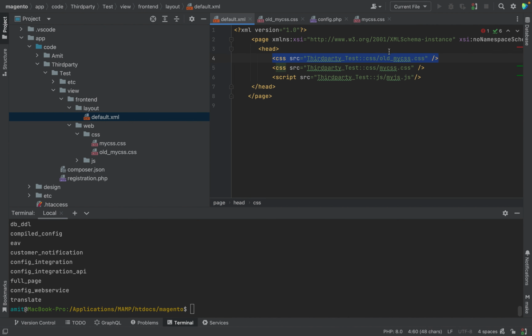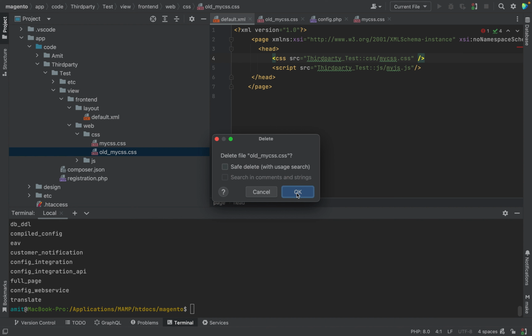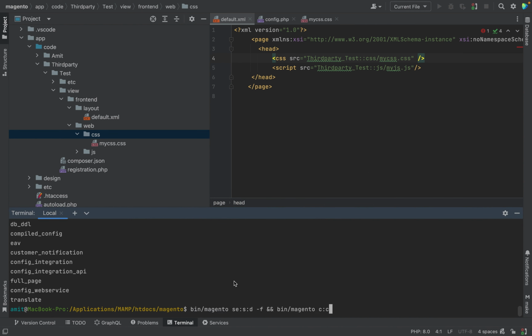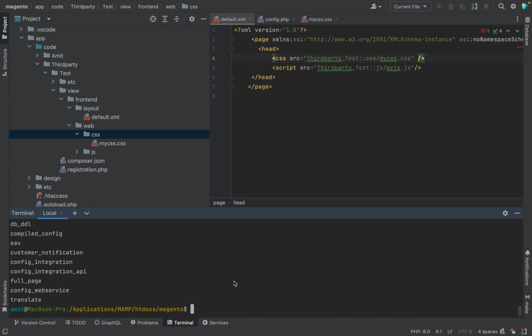So since we don't need this CSS file, I will remove this completely from here and I will also delete that CSS file from the web CSS folder. Once I remove this, I will run static content deployment and I will clean cache to make sure the changes are reflecting.